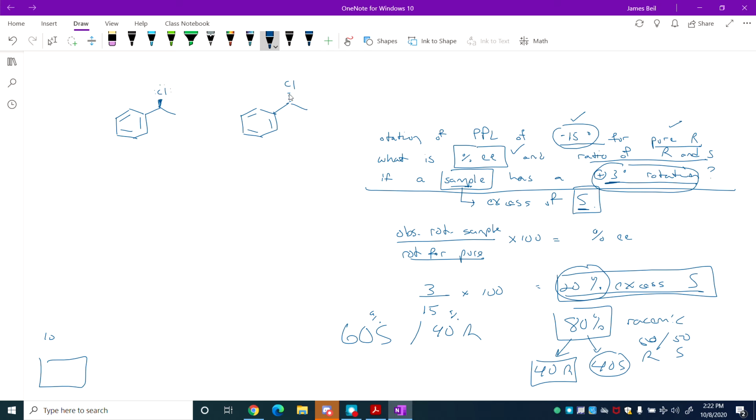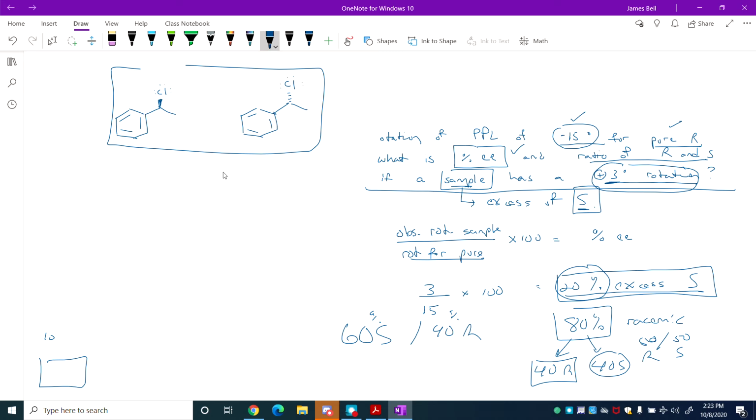To use a chiral resolving agent, what I would need to do would be to add another chiral center. So if there was some reaction, I've got these two mixed together. I want to separate them physically from one another in the lab. So I've got this mixture,